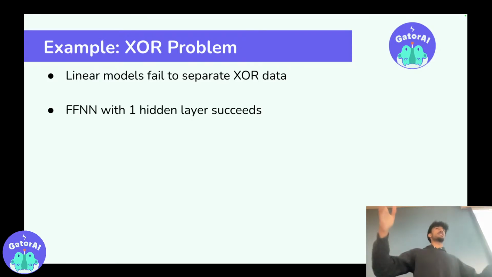Now if you plot this data on a graph, you'll notice something. You can't draw a single straight line that separates the 1s from the 0s. That means a linear model, like logistic regression for example, fails completely. You can't use a straight line to compute something like this. That's why a small neural network with just one hidden layer can solve it just fine,